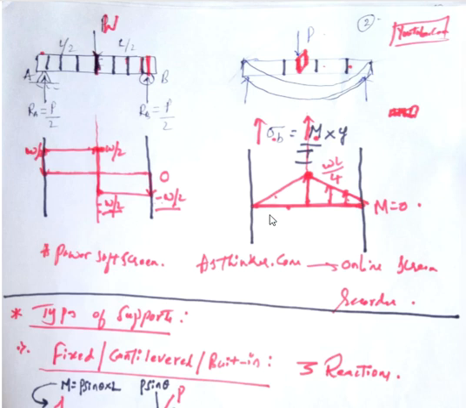So what this bending moment diagram is telling is how the value of bending moment changes from one section to another section. Here you can see at this cross section, the end cross section, bending moment value is 0. But as we move towards the center, the bending moment value goes on increasing. But what is important for us is the maximum value of bending moment. So shear force diagram gives us the value of shear force at different cross sections, and bending moment diagram gives us the value of bending moments at different cross sections. This is the importance of shear force diagram and bending moment diagram.